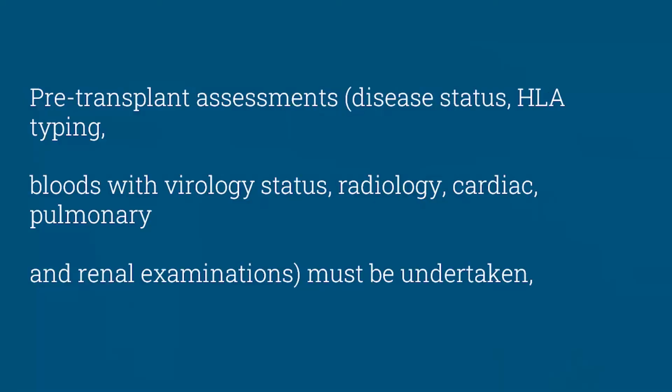Pre-transplant assessment includes assessment of the disease: what is the status of the leukemia, whether the patient is in remission, or what are the ferritin level or iron storage in the liver in case of thalassemia major. So all these things need to be assessed. Disease status, HLA typing of the patient so that we can search for the best donor, and